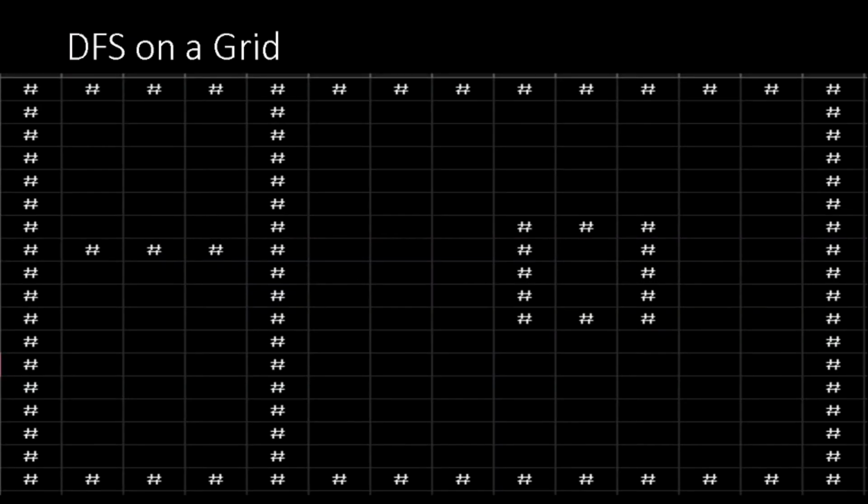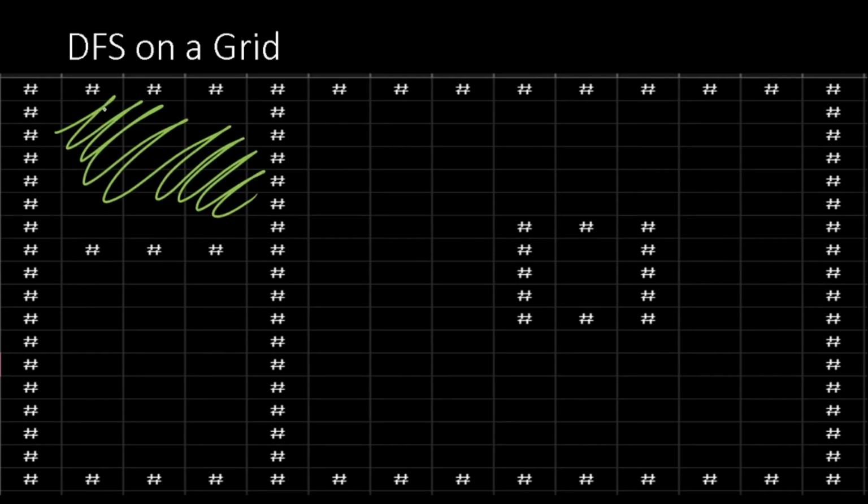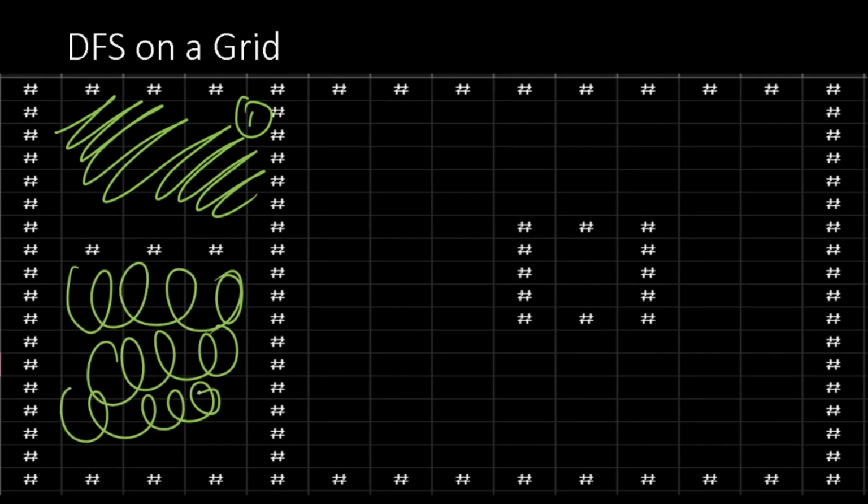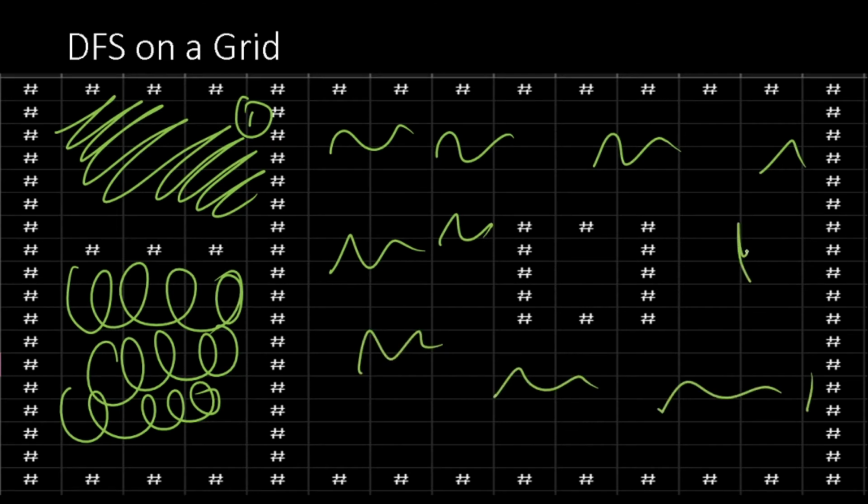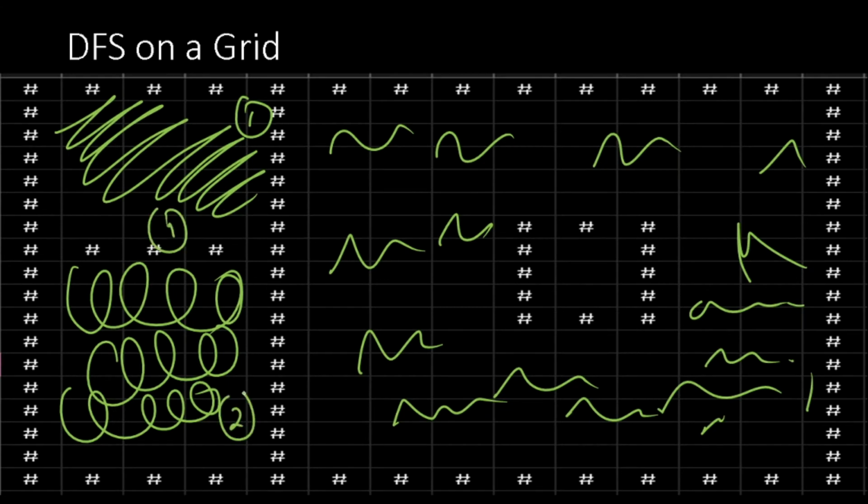There are 4 rooms. Let me prove that to you. If you start here, any location here, you are trapped within this box. You cannot go to any of these locations, correct? So this is room number 1. Similarly, if you are trapped here, you cannot escape and reach this zone, correct? Similarly, if you are trapped here in the third room, you are locked out, you are not connected to location 1 or 2, so this is the third location. Similarly, if you are trapped here, this is the fourth location, fourth room. So in other words, we have 4 rooms.